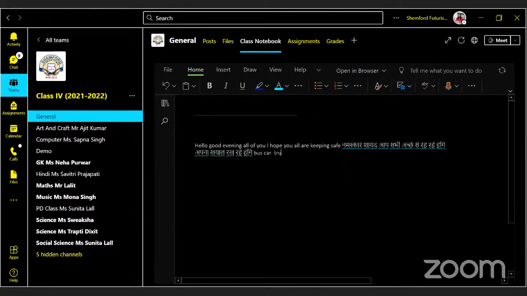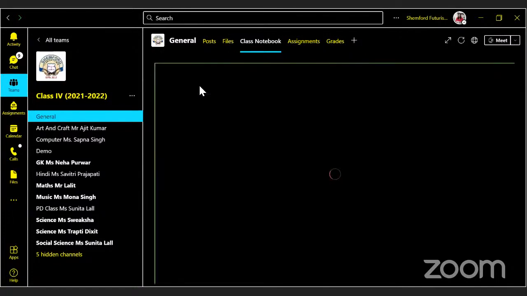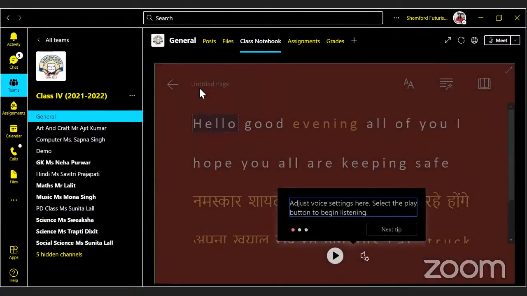Okay. I'm just typing some words just in general to show you something. I have typed something because suppose I am copying and pasting something from the internet, from my book, from a PDF to share with my students. I have to go to the view option, and in the view option, there is a magic tool. It's called Immersive Reader. I hope you know about it. If you do not know, please just explore this tool, Immersive Reader. I am clicking over here, Immersive Reader, and it is going to read for me.